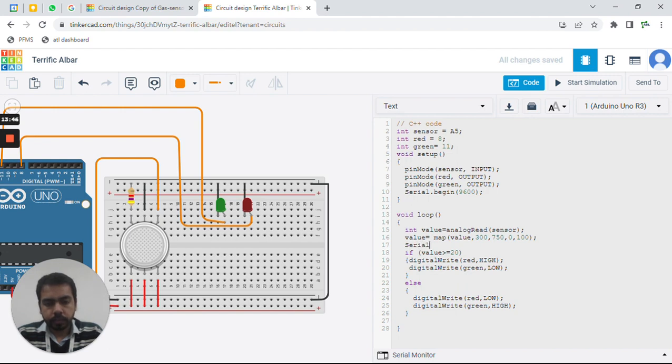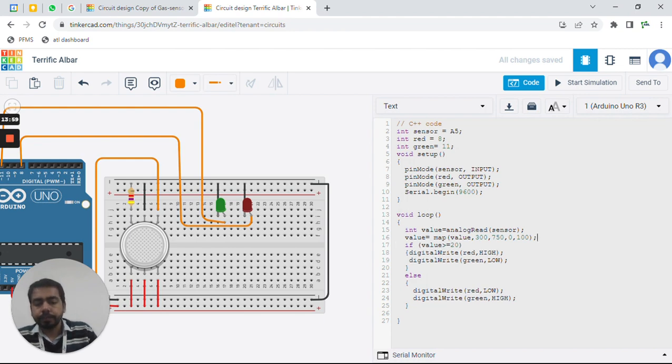So our parameter has been completed, and let's suppose if I have mapped the value and I want to print the value, what can we do? I can simply do Serial dot print. Let's suppose I don't want to print the value but I want to print a message, then I can print the message in this section.